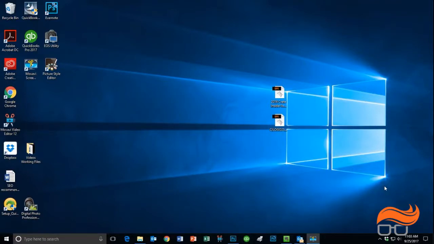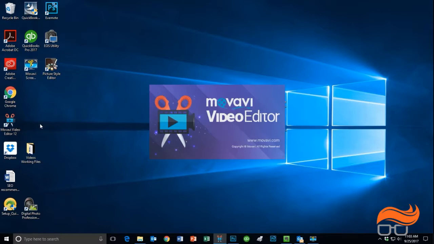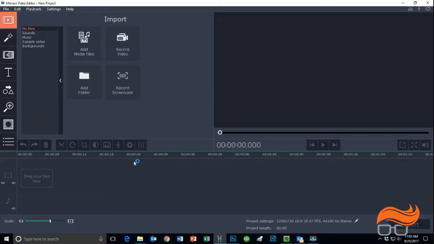Today I want to show you basic editing for video in Movavi. We're going to use Movavi Video Editor 12, so we'll bring this up. Before we get that, you'll see that on my desktop I have a folder called Videos Working